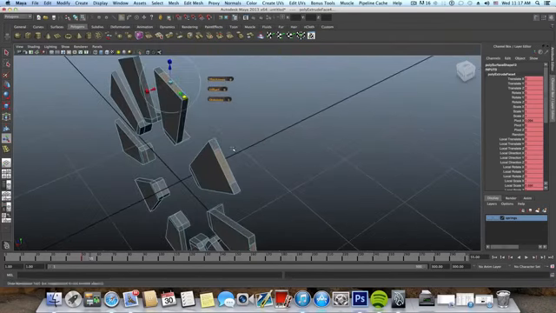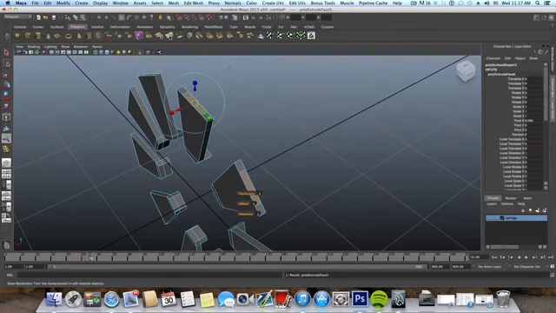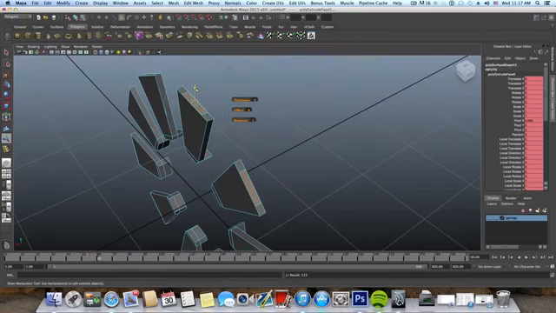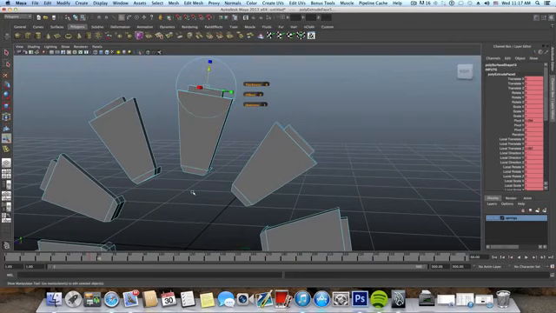And press the S key, and then extrude it once more, press the S key again, and this time at frame number 60, pull it out like so, just a little bit, and press S. And then extrude again, press the S key,